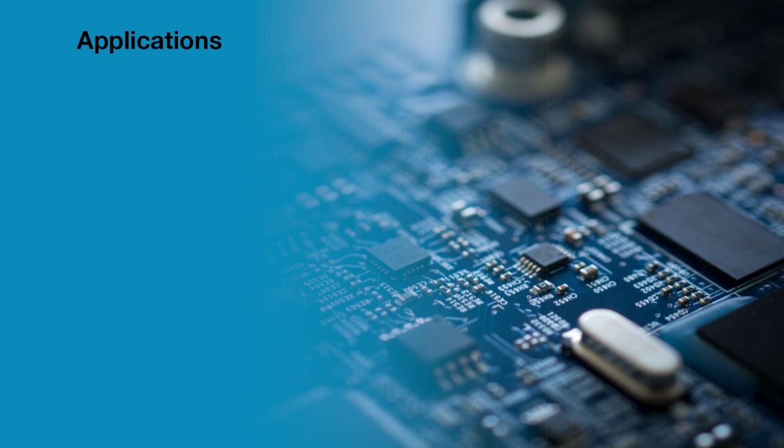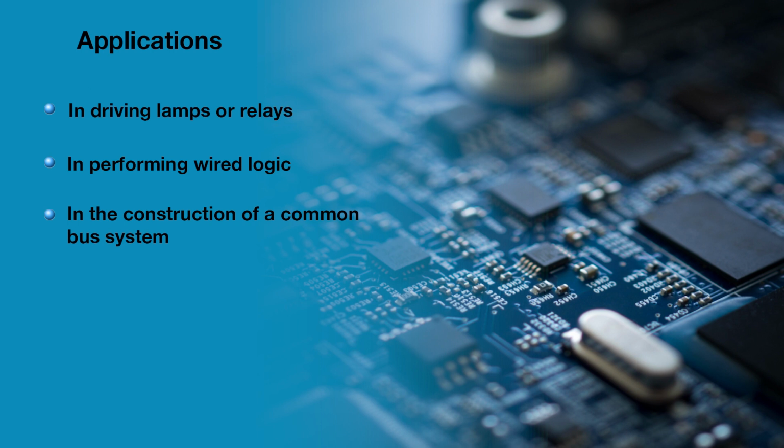Now we discuss the applications of open collector output, which include the following. The first one is driving lamps or relays, performing wired logic, and the construction of a common bus